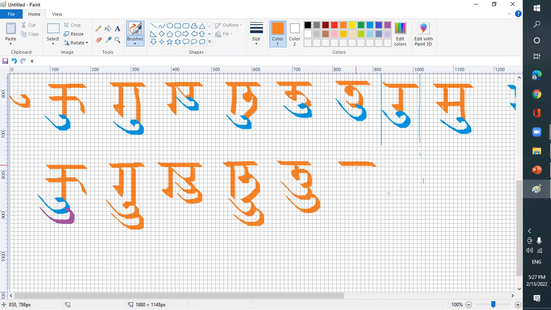You see there's a very fine difference, da and bha. Where I am ending this, you see here, this is bha, u, bhu, bhu, then u, bhu, ru and ru. So ru will be same, ru and ru, shu,